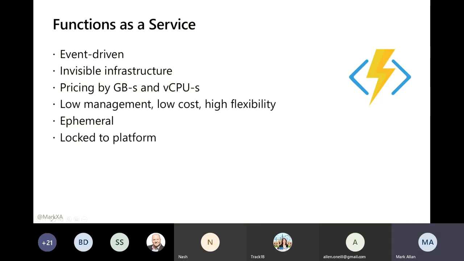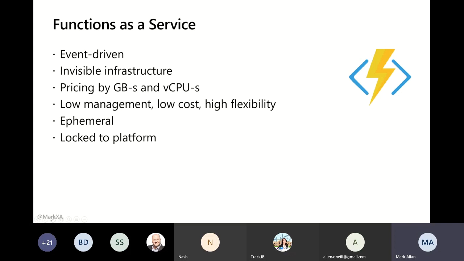The downside, of course, is that if you're running serverless, then you're kind of locked to whatever your platform provides. So, for instance, AWS only has a certain number of runtimes that it will support. It will support .NET, it will support Node, but if you've got an old COBOL system, it's not going to support COBOL. If you've got a new Rust system or a Haskell system, it's not going to support Rust or Haskell.